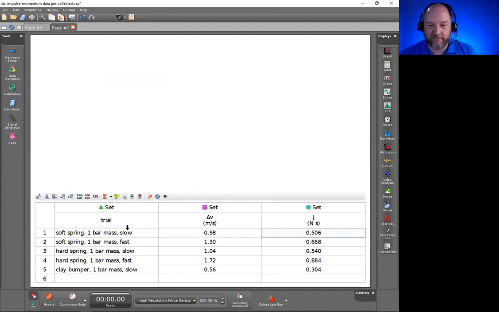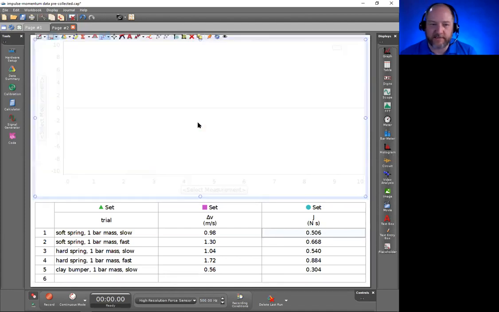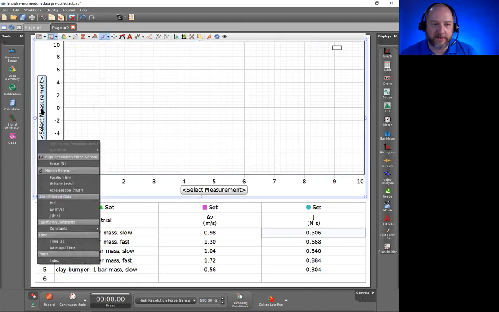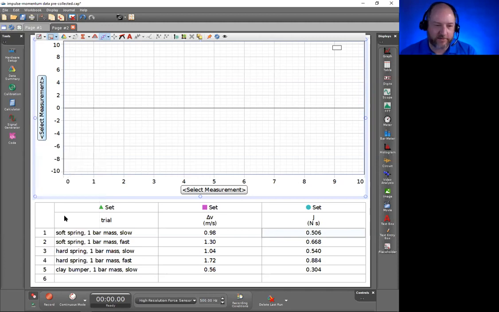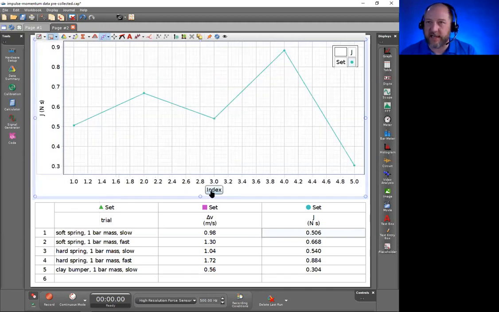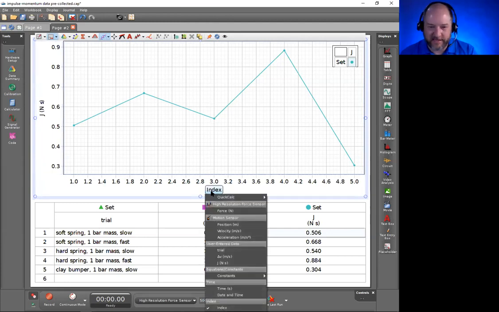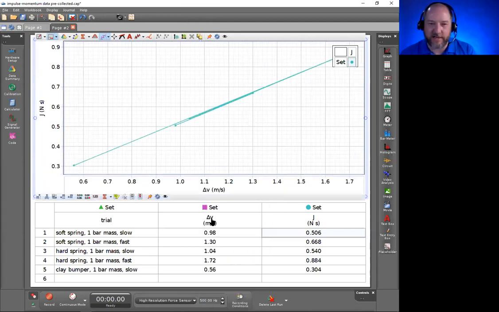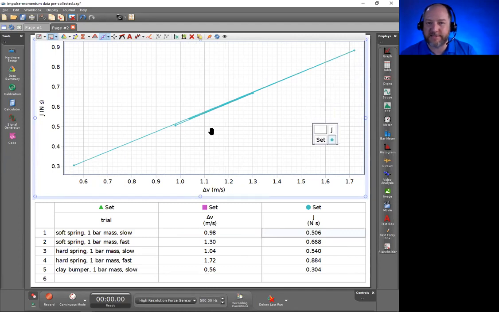with that same table. I'd like a graph on the top, but this is going to be a different graph. So let me drop that here in the center and let me plot J on the y-axis. And notice that our graphs can contain any sort of data. It could be data from a sensor, or it could be data that I typed in another table. So I'm going to choose J here, and I'm going to change the x-axis. We don't care about the index. We care to compare it to the change in velocity. So there we go. We see all 5 pairs here of this area under the curve J versus the change